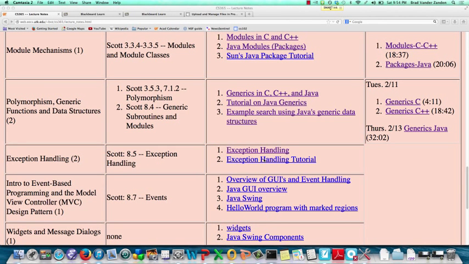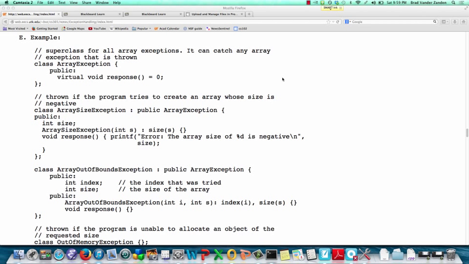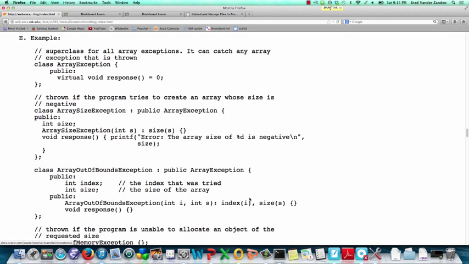This lecture goes over a real-world example of how to apply C++'s exception handling mechanisms to a C++ program. And the example is contained in the exception handling notes. The example we will be using is a so-called safe array that's going to ensure that